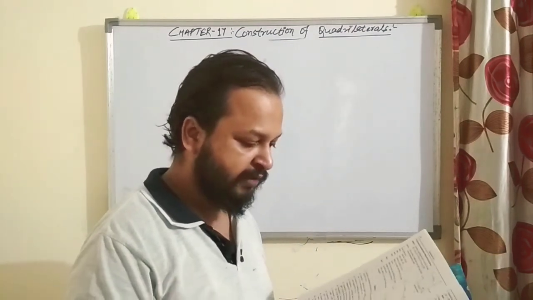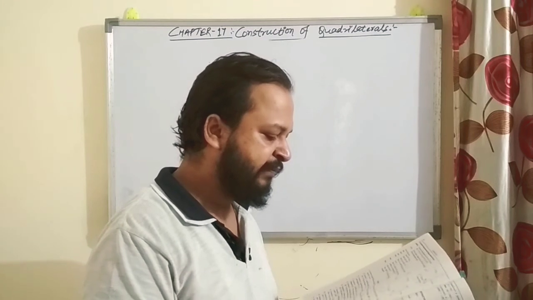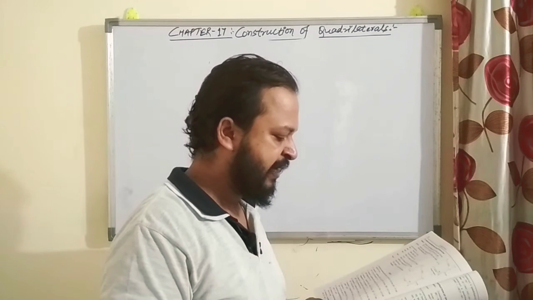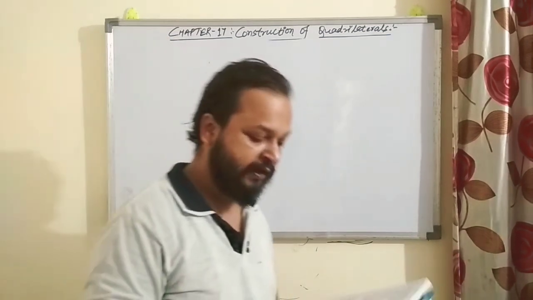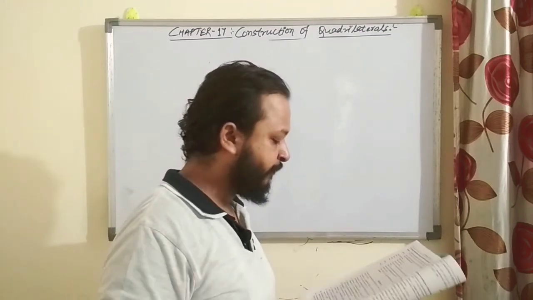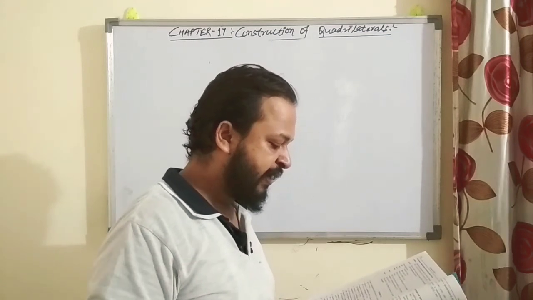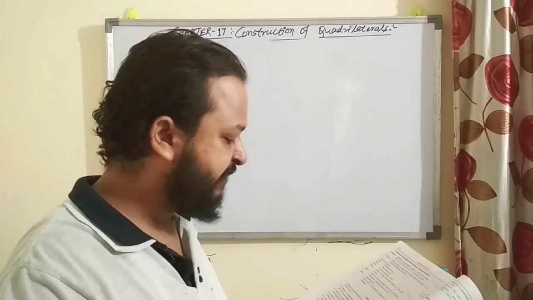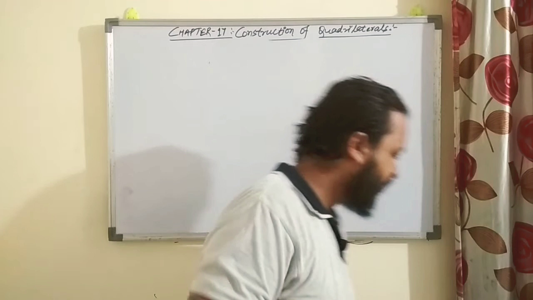Now come to question number 3. Construct a quadrilateral ABCD. AB, BC, CD, DA are given and 1 diagonal is also given. So this question is also the same as question number 1. Now come to question number 4. Here 3 sides are given and 2 diagonals are given. AB is given, BC is given, AD is given, and now 2 diagonals are given.